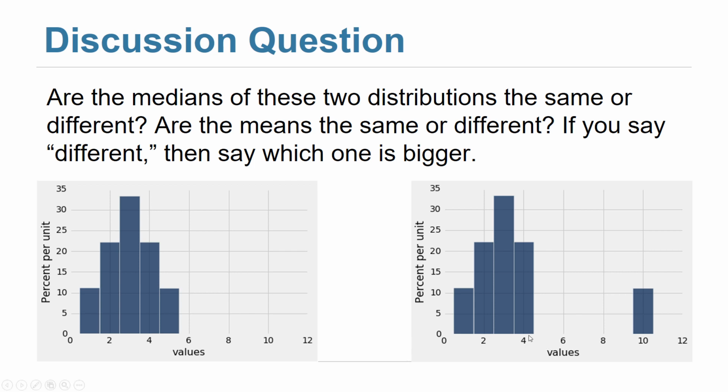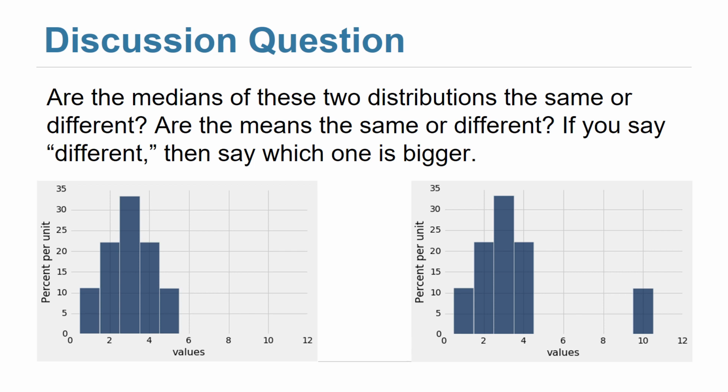So in this case, the mean will move away from the median. Remember, the median was 3 and the mean was 3 on the left histogram, but now we pushed the value 5 to the right, so the mean will be pushed to the right. In fact, the average here is about 3.5, which is a bit bigger than 3. If we push this value further to the right, we would expect the mean to move further to the right too.